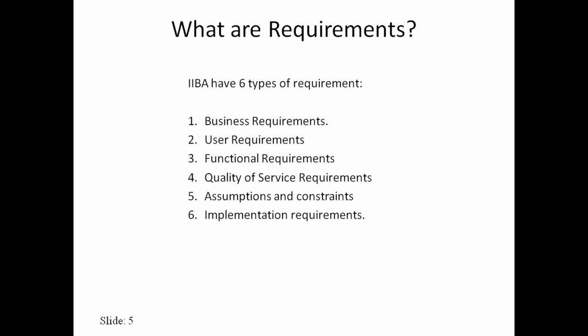Business requirement is from the business perspective that we discussed. User is from the user perspective. The system requirements get converted into these 4 types. The functional requirements talk about the functionalities, the capabilities, the features. What we call features are basically the functional requirement. Non-functional requirement talks about quality. Quality could be that